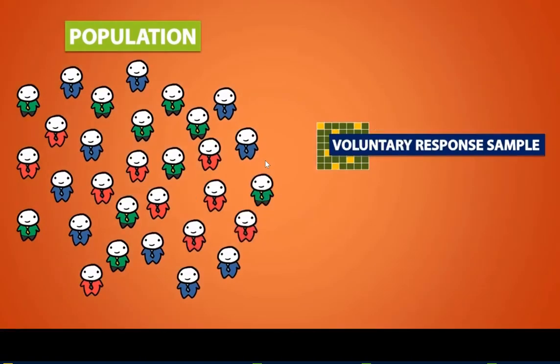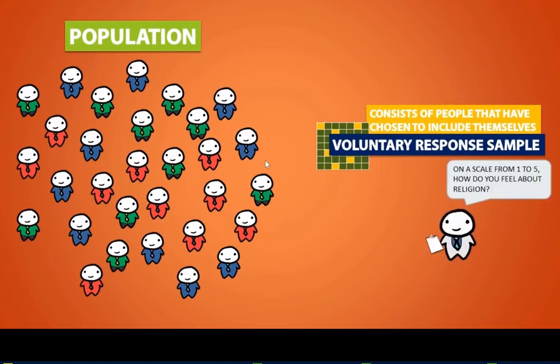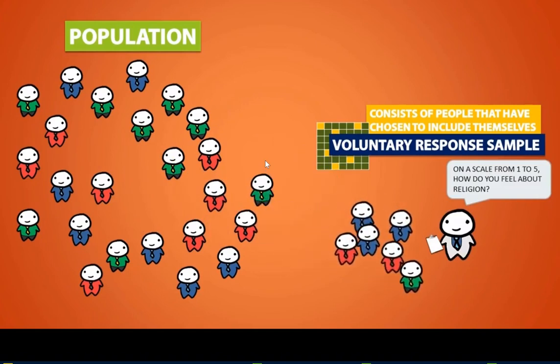Now, a voluntary response sample consists of people that have chosen to include themselves in the sample. So the researcher lets people come to him. This is a biased sampling method because people with a strong interest for the survey topic are the ones who are most likely to respond, whereas the people who don't feel as strongly about the topic may not even care